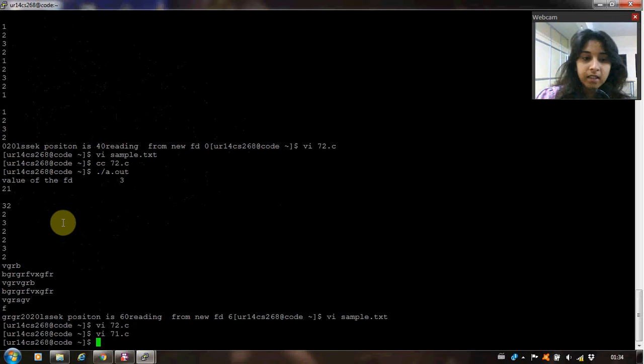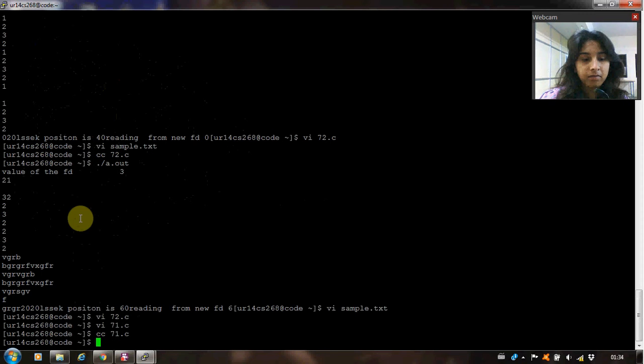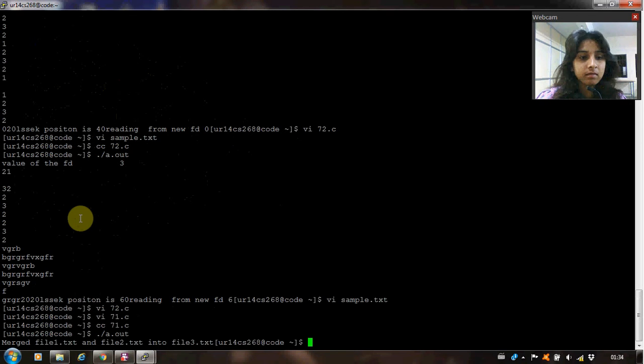So yes, as you can see here, now let's run the program. Yes, so now it says that file1.txt and file2.txt are merged into file3.txt. Now let's see what exactly is there in file 1, file 2 and file 3. vi